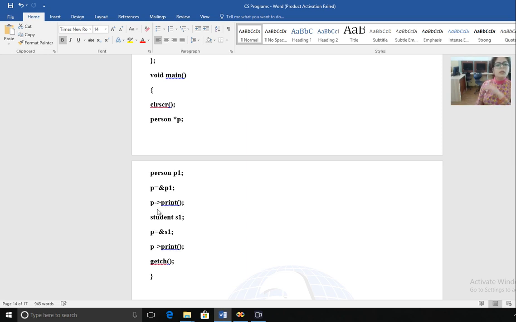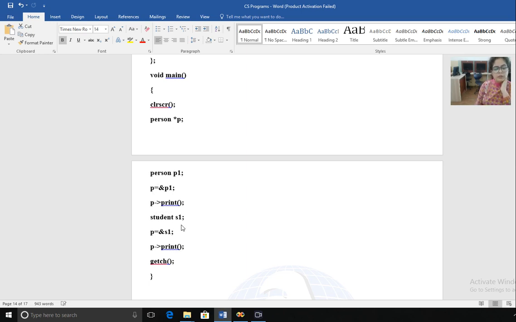You know that in the base class we have given the data as the name of the person is Bob. After that we have created a pointer variable, and p1 is the object of the class. Pointer variables are used to point to some specific memory location, and are used to store the address of some variable. That's why we are transferring the address into the p variable, and after that we print that variable.